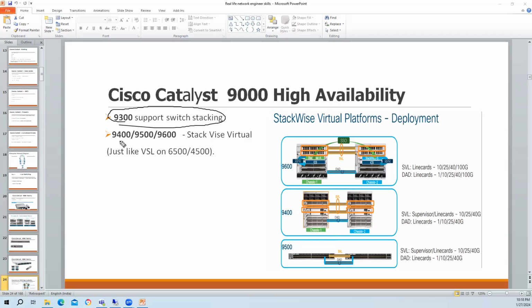And my core layer switches, okay, they do not come with the stack port. Just like if you remember in 6500, 4500, we covered VSL, virtual switch link, sorry, VSS, virtual switch system. And here, guys, you will see a similar kind of feature, which is StackWise Virtual, okay, SVL.